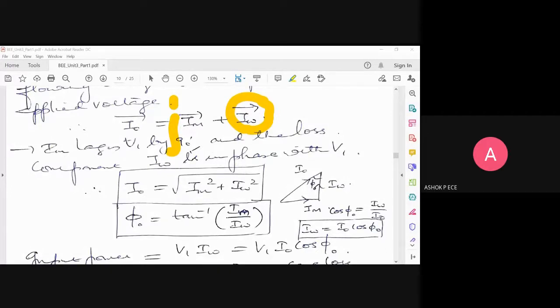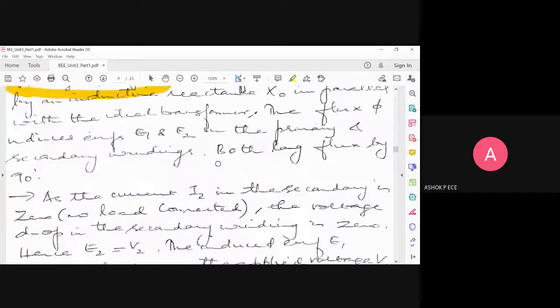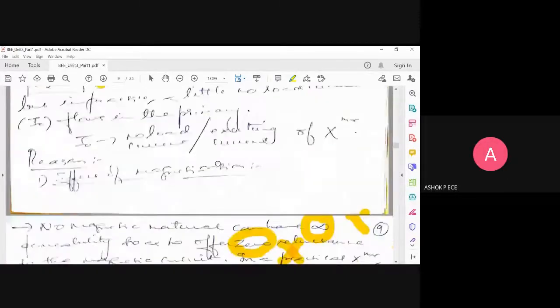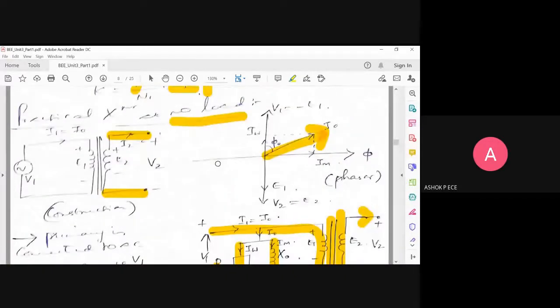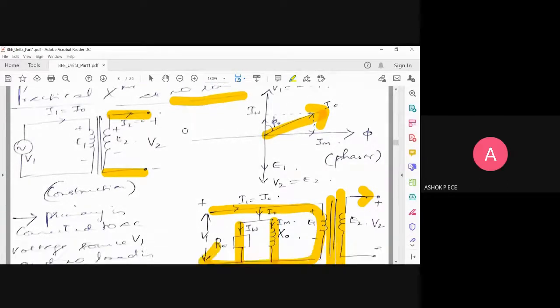See, at the end of everything, I'll be quickly summarizing. At least listen to that. You will be able to easily get what we have been discussing so far in the class. So I think the transformer in no load is very clear. Ideally, the transformer no load means I2 equal to 0, I1 is 0, so nothing is going to happen. But in a practical transformer, many currents are involved when the secondary is having no load.